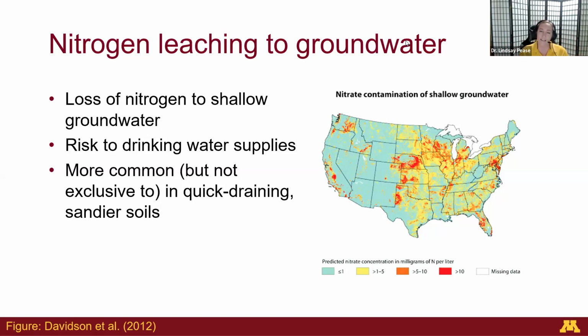And this again has something to do with the types of soil that you have. This is going to be more common in quick draining, sandier soils. Traditionally, I've worked in agricultural drained soils, what they call heavy clay soils, that the water doesn't drain through very quickly. This is kind of the opposite problem, where the water just gets the nitrate in it, drains through really quickly, and eventually accumulates in an aquifer, which is used as a drinking water source.